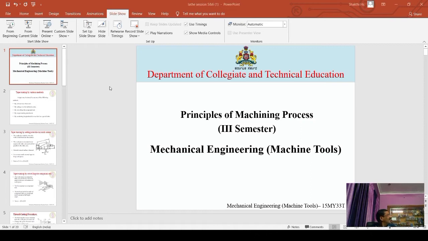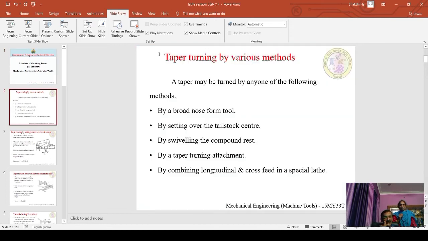In this method, the taper is turned by moving the tool from one side to the other. In the form tool method, an experienced person, a skilled worker, can perform the operations. Another one is the taper turning attachment method. In this method, the taper is reduced at various stages. In this method, a very long taper can be turned. These are the different types of taper turning methods, and they are employed by different skilled persons at various stages